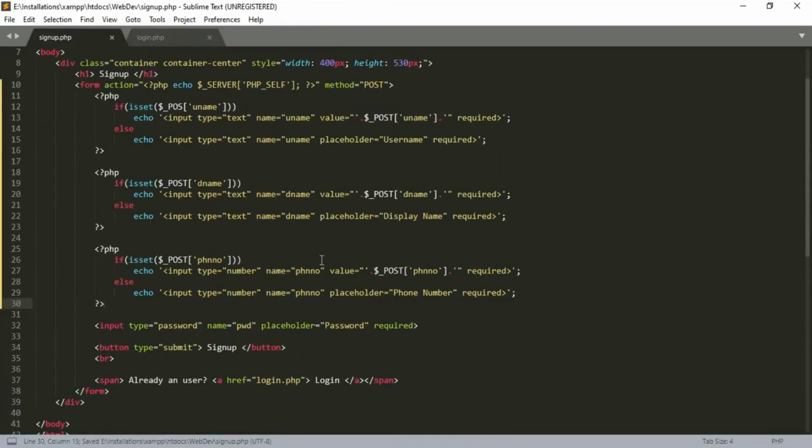We can include all this PHP code inside one PHP tag, but for convenient purpose we separate them.